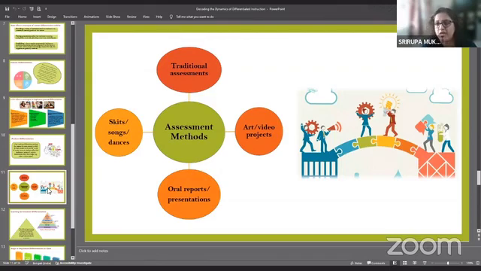There could be so many other ways of demonstrating that, yes, I have understood. And that could be in the form of various assessment tools, rather, even say, for example, presentations, or sometimes the art-based projects, or art integrated learning, which even CBSE is trying to promote a lot. So all these different tools can be used in order to check how much the child has understood.